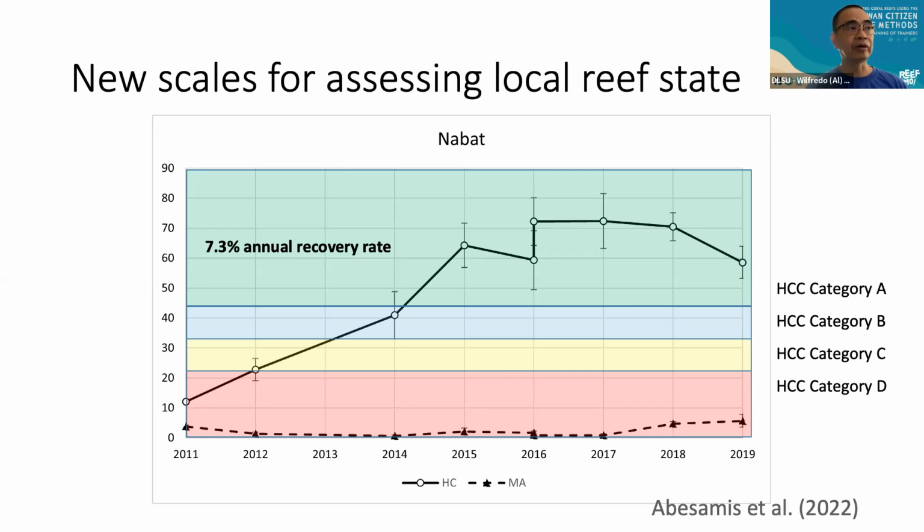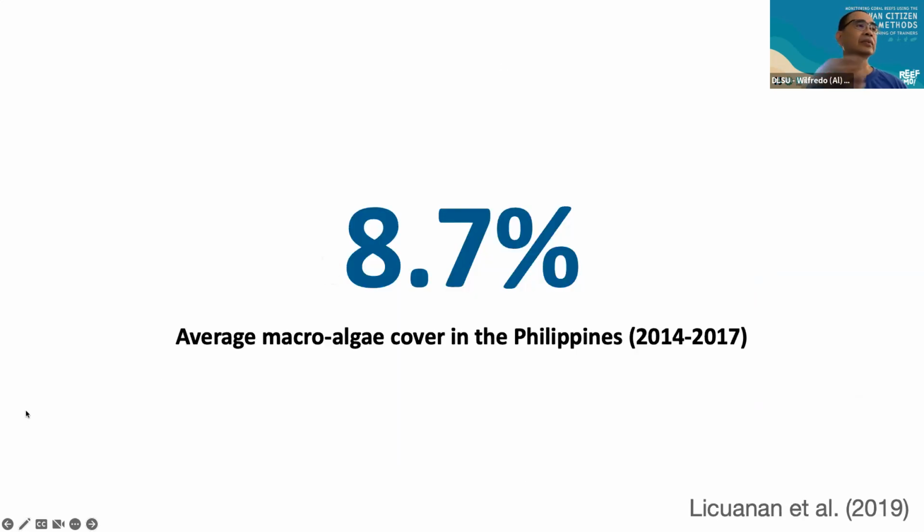If the cover is very high, you will not get a recovery rate this fast. Okay. So, talking about macroalgae and talking about averages, so paano natin malalaman kung madami or konti ang seaweeds, ang macroalgae? Okay. Again, this is where these averages are